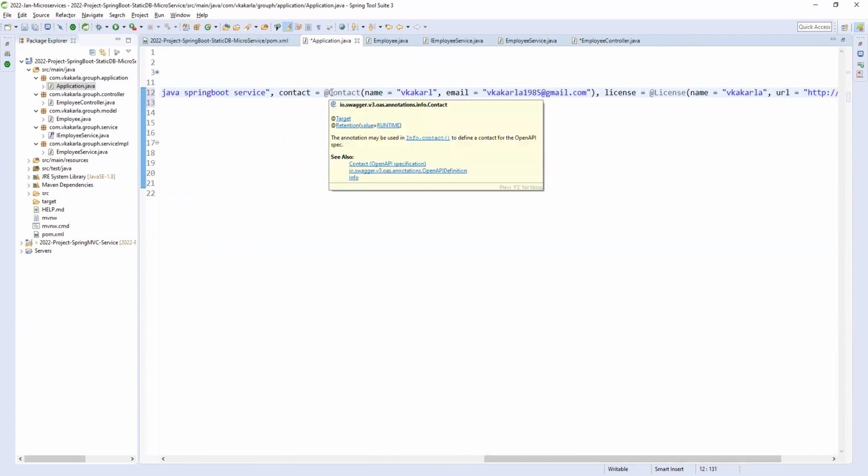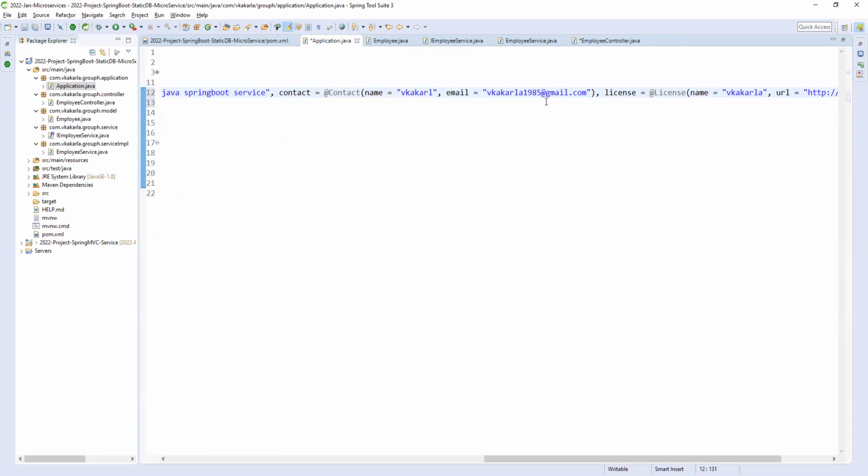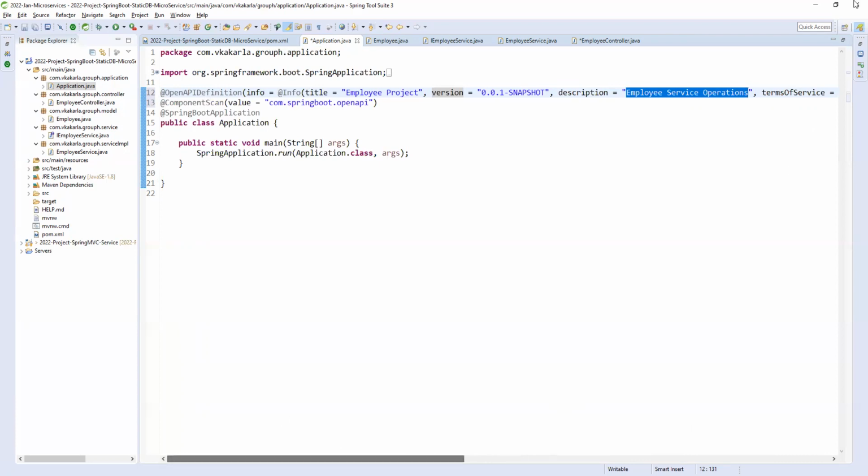And contact person, so the contact of this application, you can give some contact related information, like Gmail. And license, if you want to define the license, those are optional. You can define it, no issue. And also name and license, of course you will give your website, right? So I am giving here my YouTube channel link. So like that, you can define your own. After that, you can copy this,